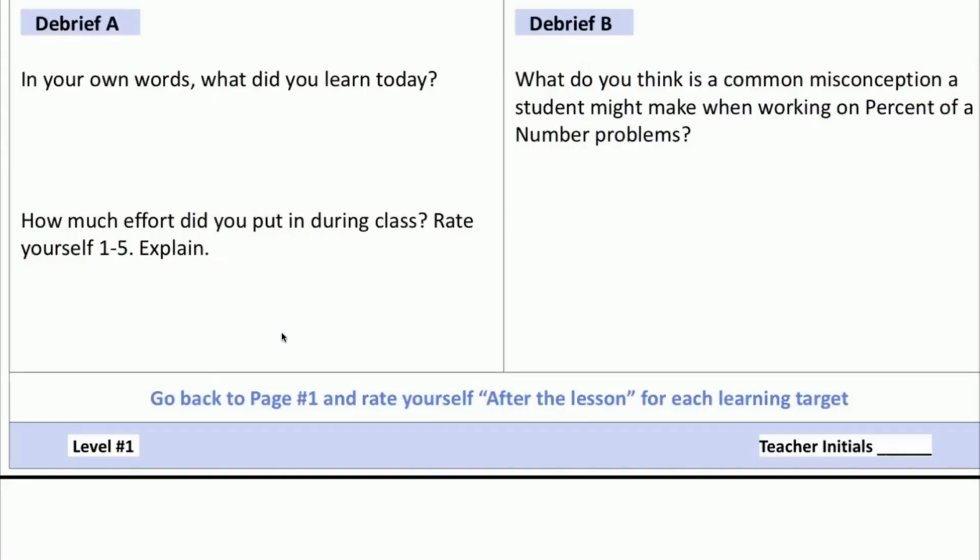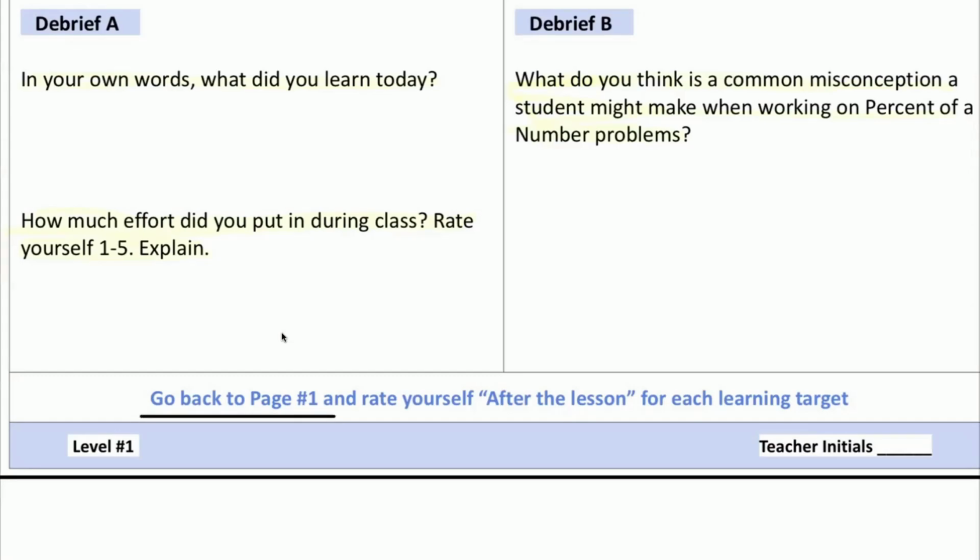And to close out today's lesson, don't forget to answer our debrief problems in your own words. What did you learn today? How much effort did you put in during class? Rate yourself 1 through 5. 1 is the lowest, 5 is the highest. And what do you think is a common misconception a student might make when working on percent of a number problems? Once you've answered all of the problems on page 6, you're going to go back to page number 1